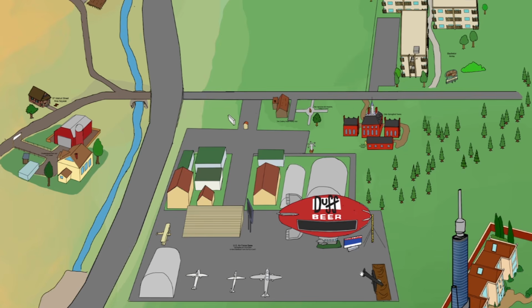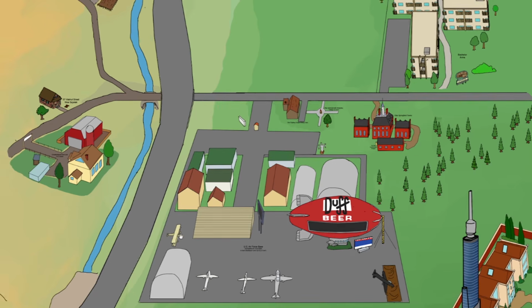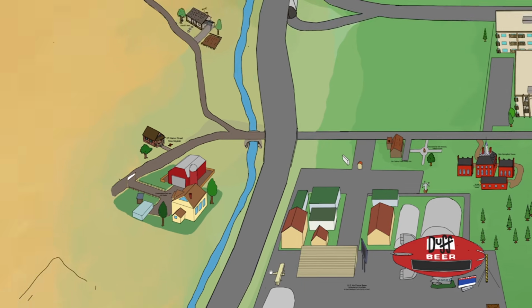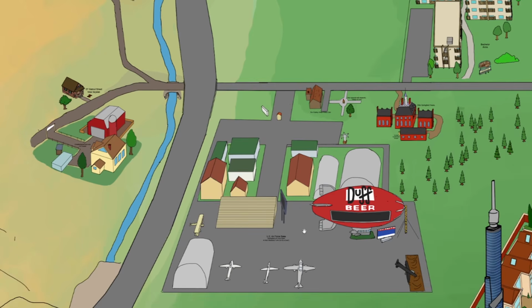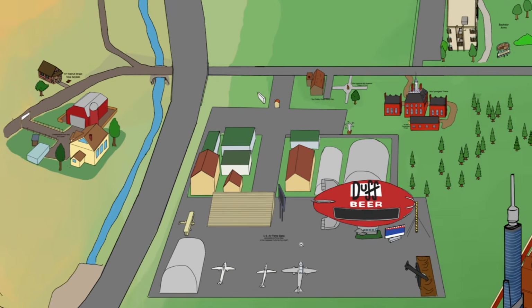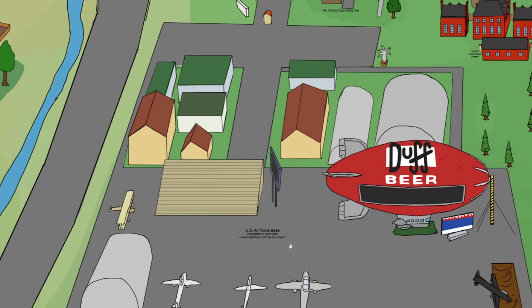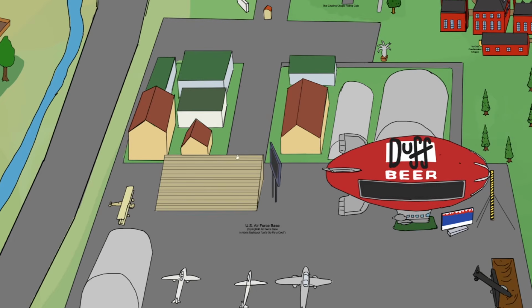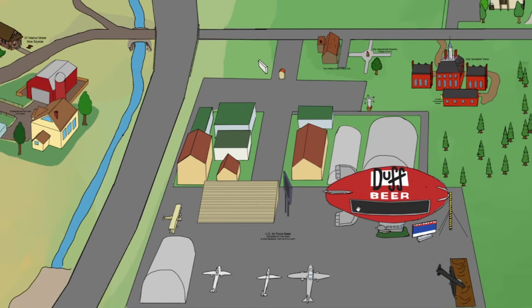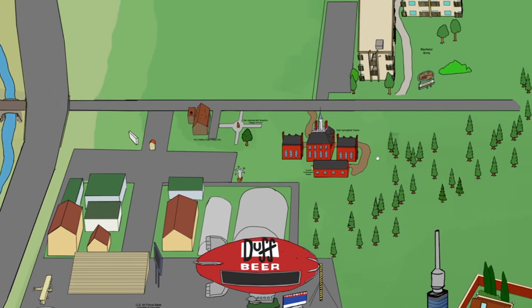And this is also the plane from that one gag before they take off in this plane over here and go into the Badlands. In the season 26 episode Let's Go Fly a Coot, we have a flashback to the Springfield Air Force Base. I think those two locations are the same with just a lot of decades in between. And you also have the old Springfield town. And let's go further down